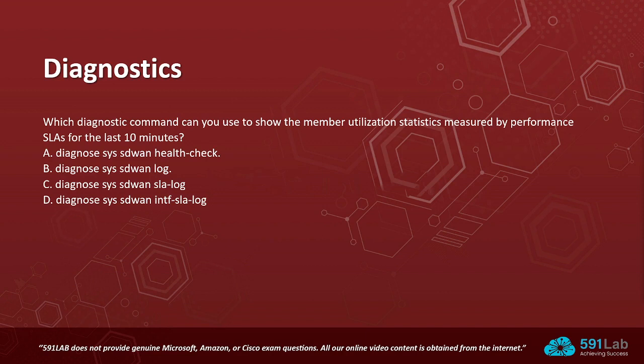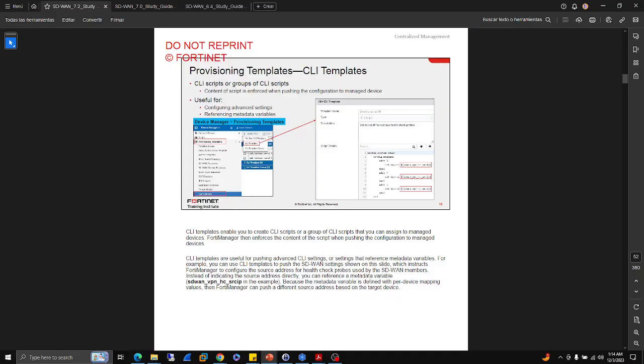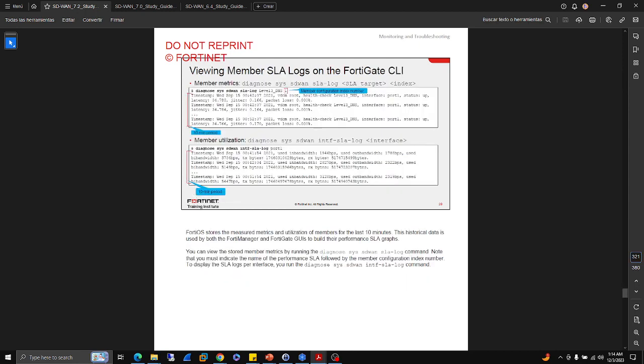On diagnostics, we can see which diagnostic command you can use to show the member utilization measured by performance SLA for the last 10 minutes. So we have diagnose sys sdwan health-check, sdwan log, sdwan sla-log, sdwan intf-sla-log. So if we take a look at this documentation, this example that is provided by Fortinet,